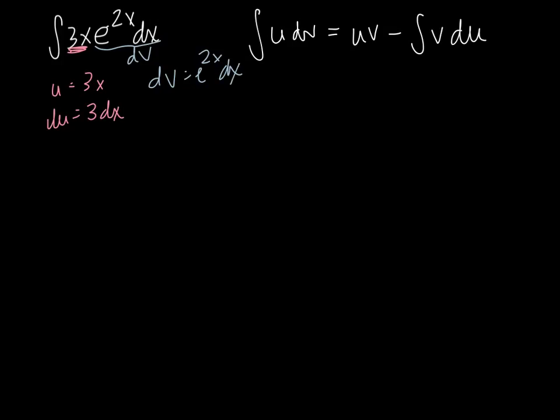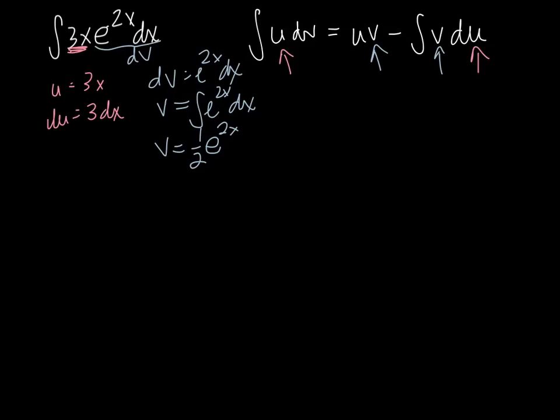Okay, so dv is the derivative of some function, so I want the original. So I want to integrate both sides. So in integrating both sides, on the left-hand side, the integral of dv is just v, and v then is the integral of e to the 2x, which is going to be e to the 2x times 1/2. So that's v. So we have all the parts we need. Right? We have u, and we have du, and we have v that we need for the parts here.